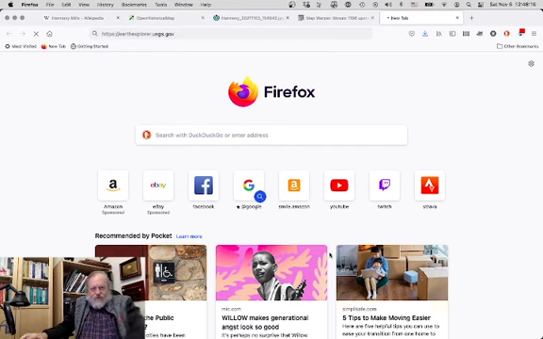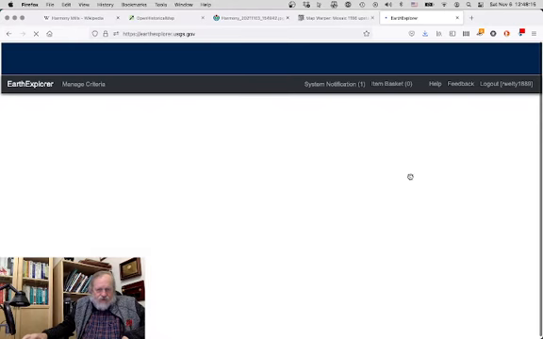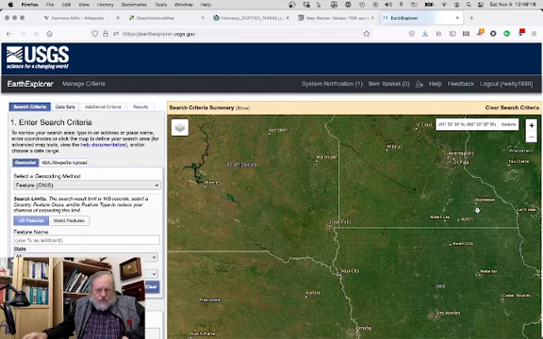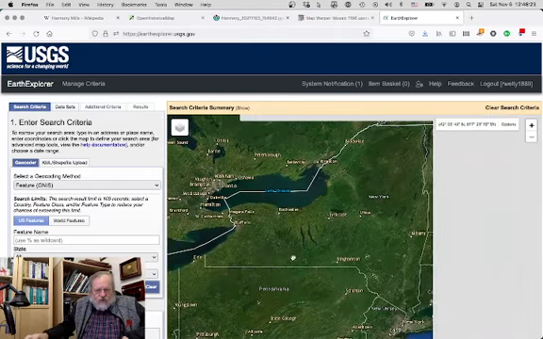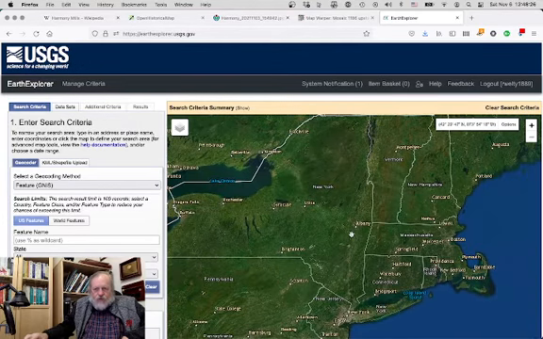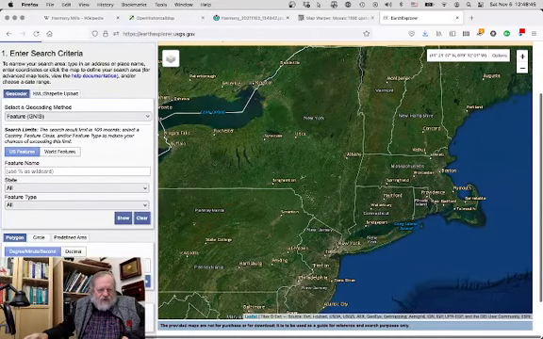for anyone who's never seen Earth Explorer. This is an incredibly useful resource for aerial imagery, typically since the 40s. Earliest imagery available. Okay, note that I am logged in, which just happens to be true right at the moment. If you want to download maps, you need to create a login and you need to be logged in. And once again, we have changed to a different interface, and